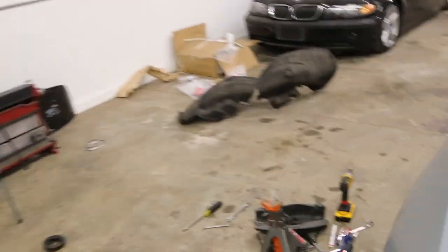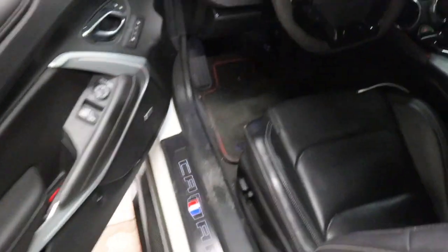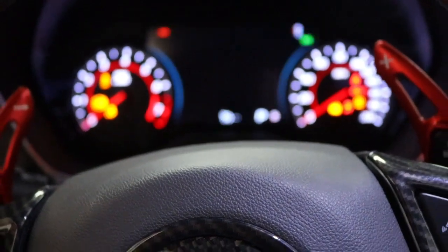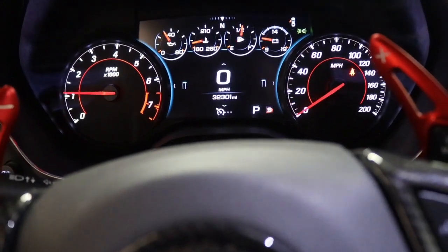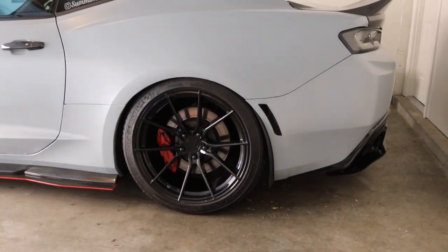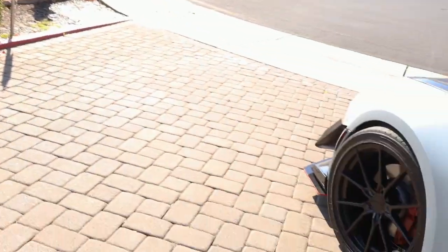All right, so we're gonna go do a test drive real quick. But first we're gonna go turn the car on. A little nervous about this. Let's see if any codes come up. Let's see if KW put in work. Hopefully no dash. Nothing. Couldn't get the fronts done yesterday. We did get the rears done. So yeah, let's go. All right, I just want to show you guys how it looks